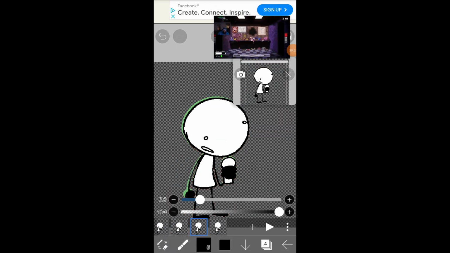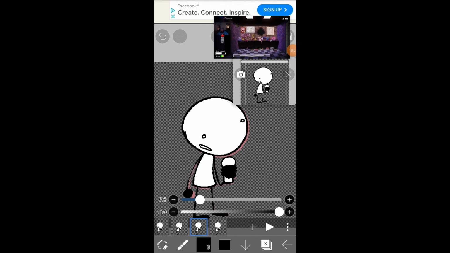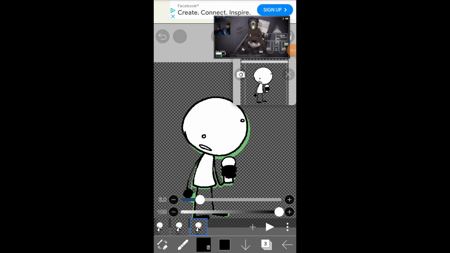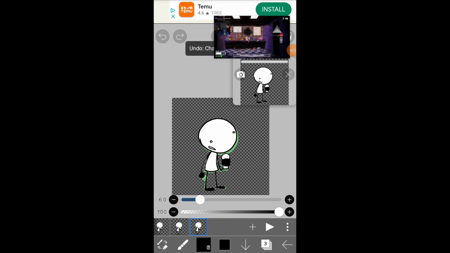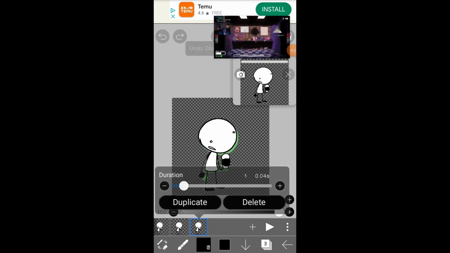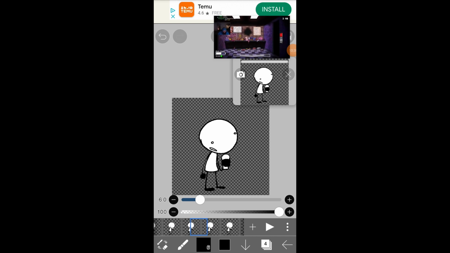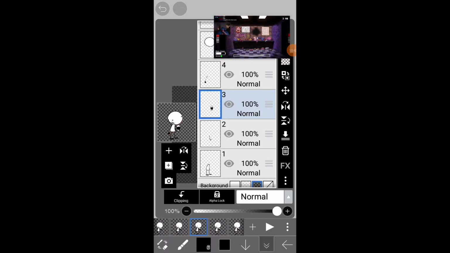Alright, so when you're done with that, you should have 3 separate drawings, but 2 frames of each drawing. Then duplicate the last one until you have 14 frames in total. Alright, so now you'll see this animation, and it looks good, but it could be better. So just delete it till you have 12 frames,